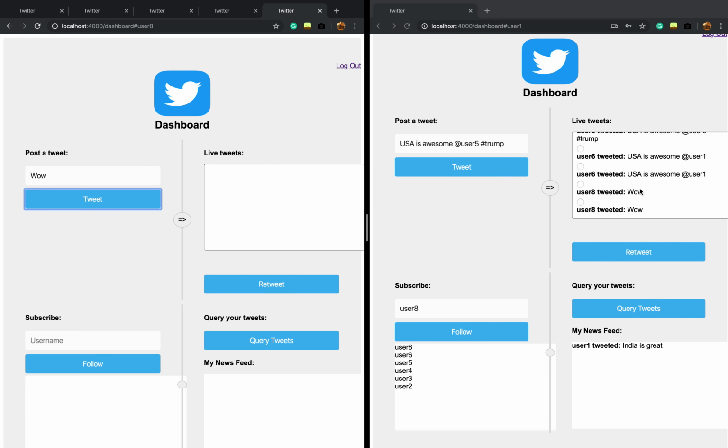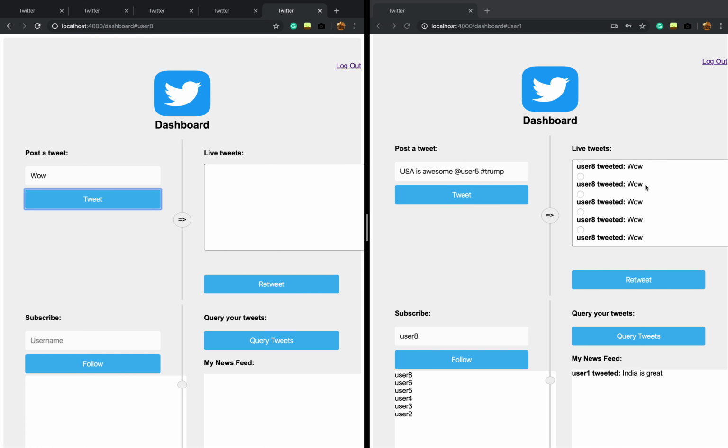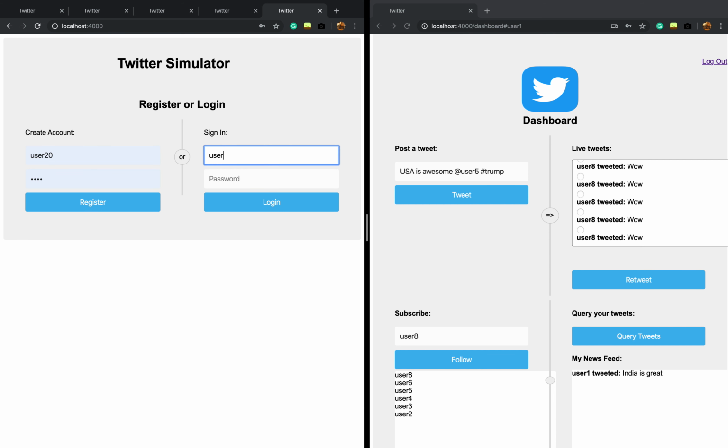So you can see this user tweeted twice and it is showing in the live feed. The number of wows actually increased because of this subscription. And user 10,